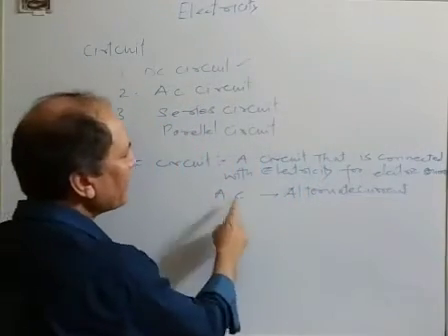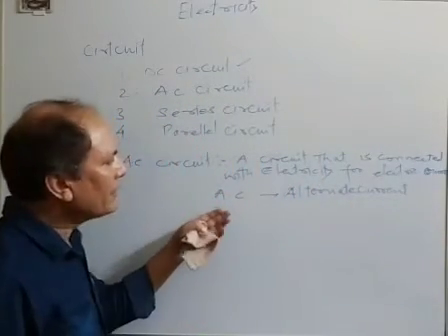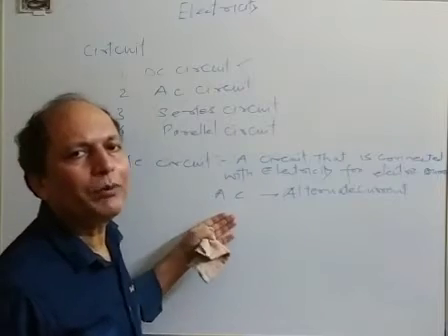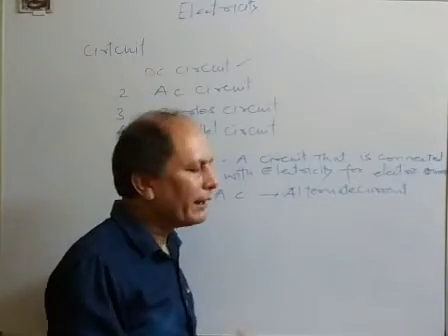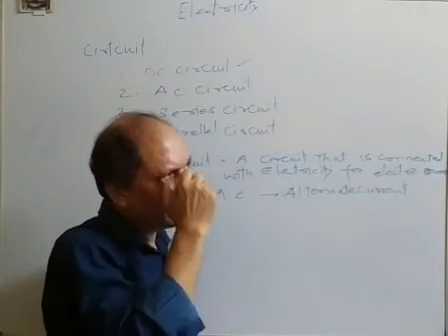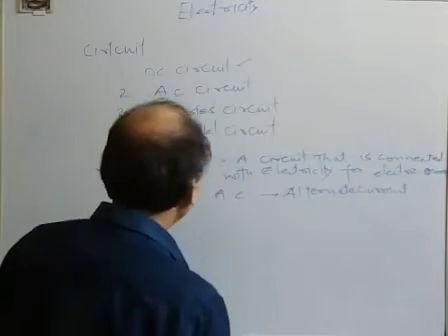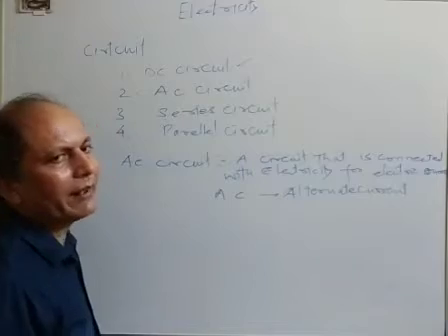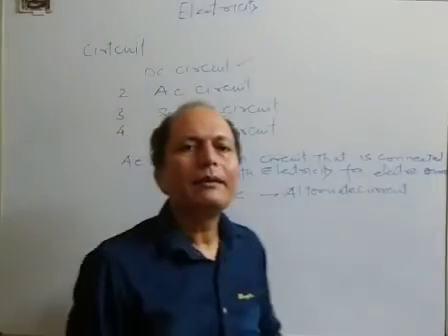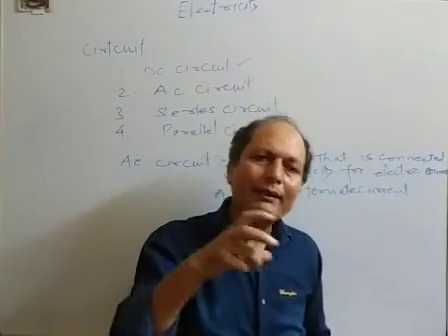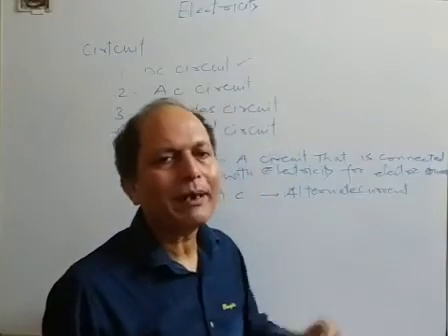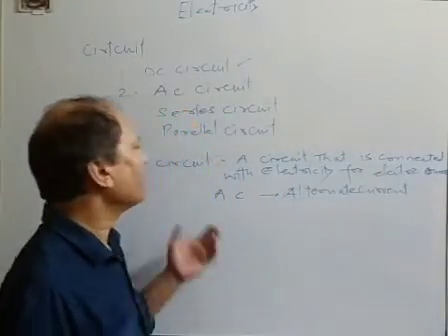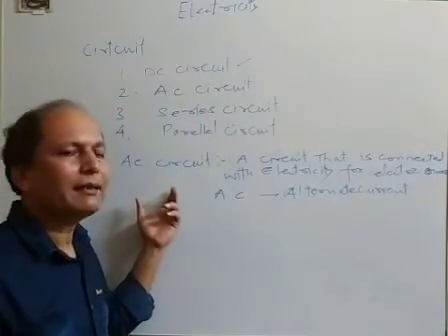Actually, AC means alternate current. This alternate current, as I explained previously, is supplied from electric supply. In this type of circuit, the electric source is connected to the electric supply, just like your fridge, TV, and cooler are connected to the sockets of the electricity supply in your home. Such types of circuits are known as AC circuits.